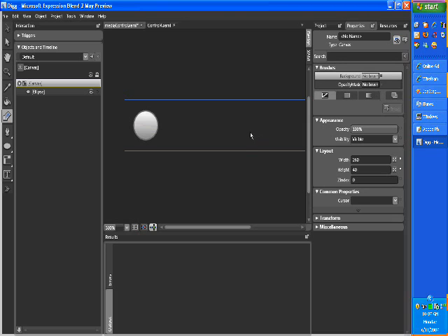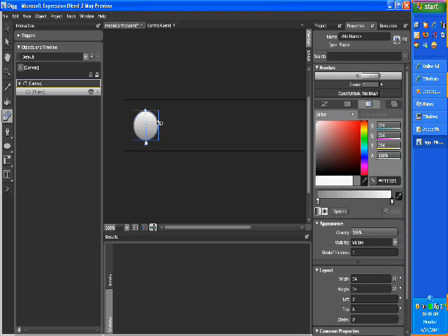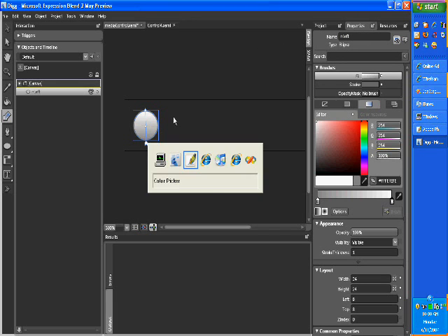The beauty of working in Blend and how it generates XAML is that this actual picture here translates to an actual element that I can code against. To be able to code against this, what I have to do is give it a name, and then in JavaScript I'll be able to refer to that name. In this case I'll call it N left, navigation left. Now the reason why I want to code against it is if you go into iTunes